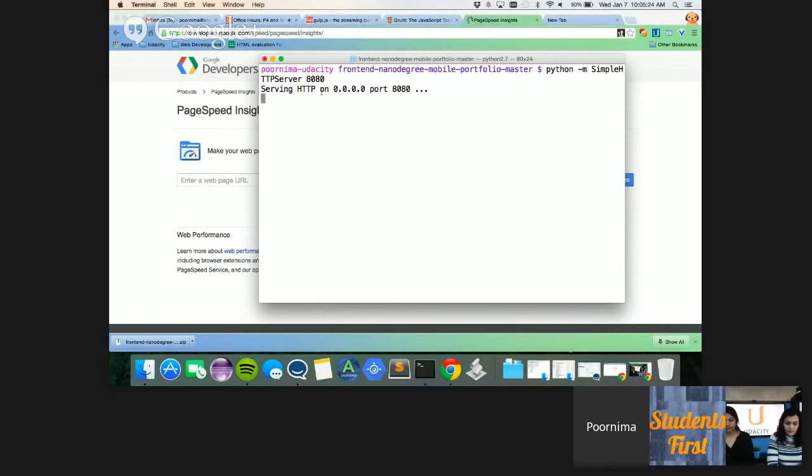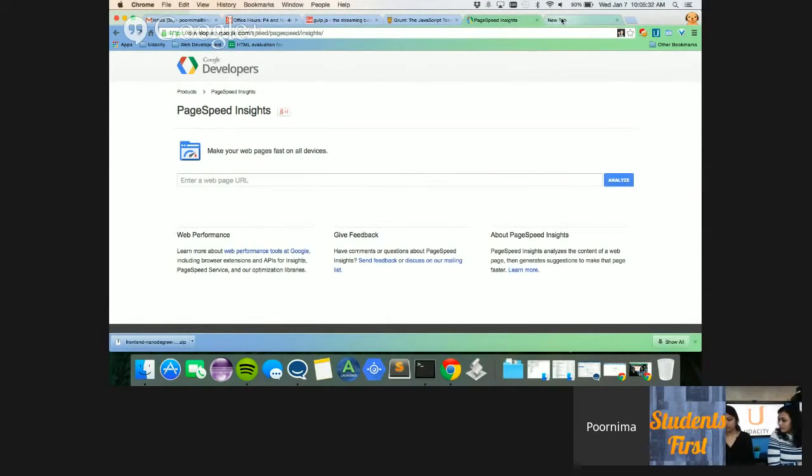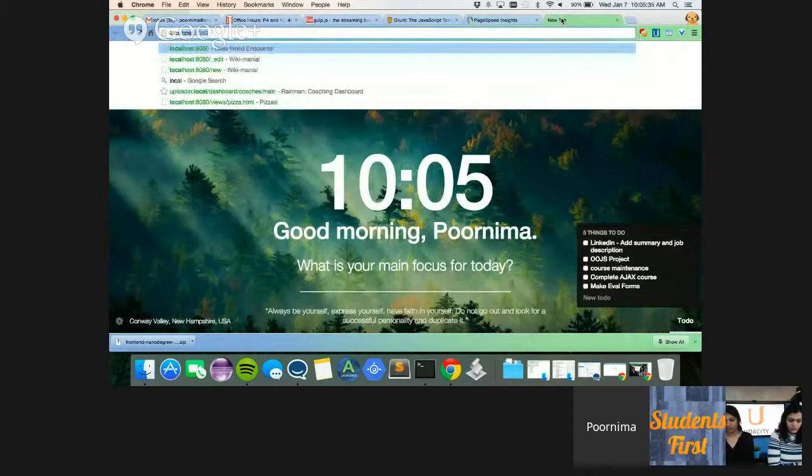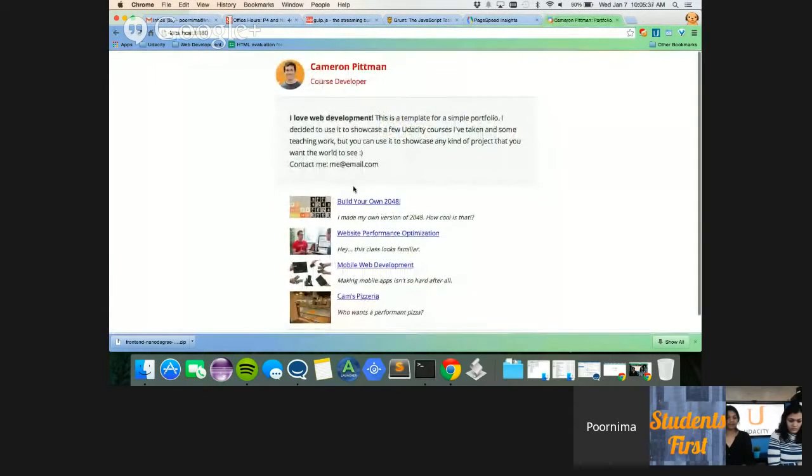So now I get a message that it's serving HTTP on 0.0.0.0 port 8080. So when I go to localhost on my web browser, I can see the web page show up. But for PageSpeed Insights, you cannot test your web pages locally because this is offline. And so what I need to do is get this page up online, and that's the reason why we use